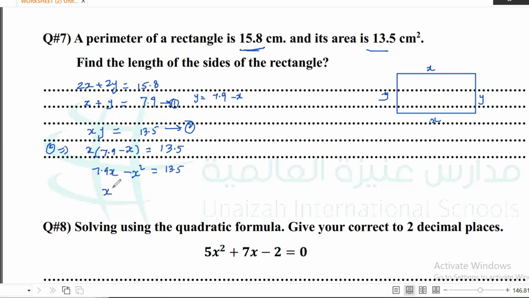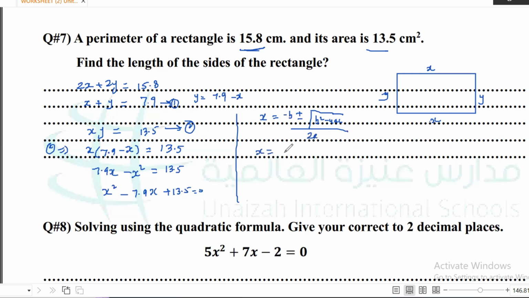After rearranging, it would be x squared minus 7.9x plus 13.5 equals 0. We have different ways to find the value of x. I would prefer to use the quadratic formula. So here the quadratic formula is x is equal to minus b plus minus square root of b squared minus 4ac over 2a,